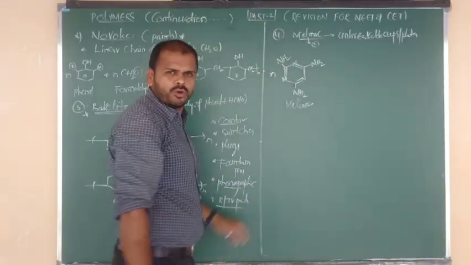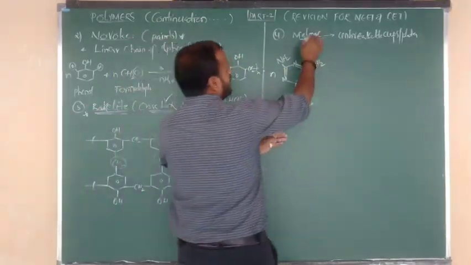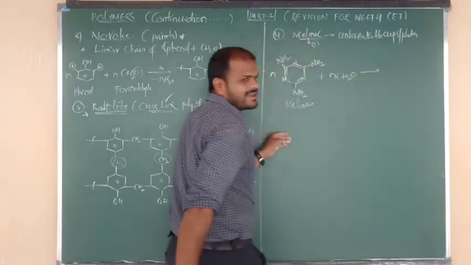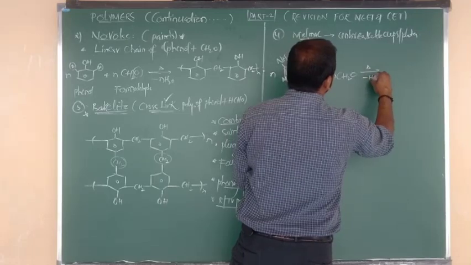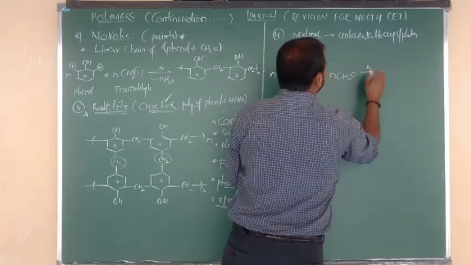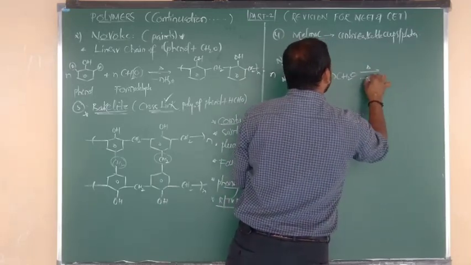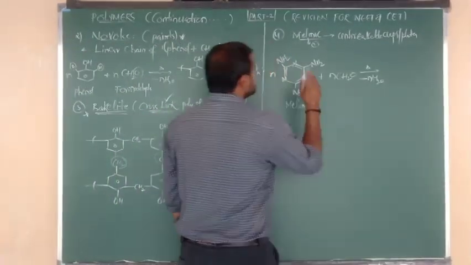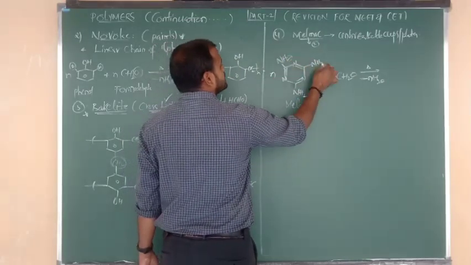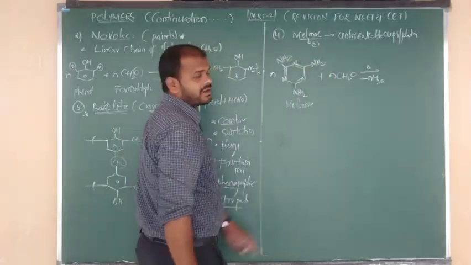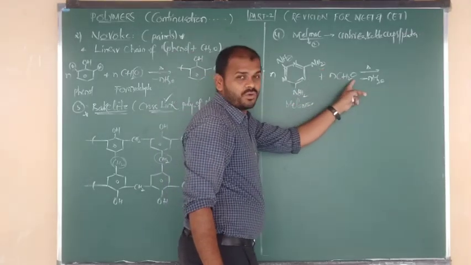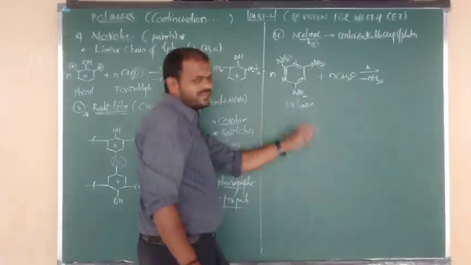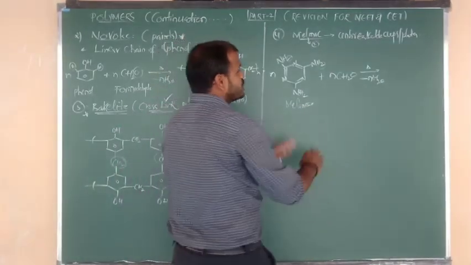N moles of melamine monomer undergo condensation with N moles of the other monomer, which is formaldehyde, beta. So simply upon heating, we lose N moles of water molecules. Because of this, the reaction is condensation. In condensation, definitely there will be elimination of water molecules, beta. Okay, good. So how to remove the water molecule? From here H, from here another H, like that we can remove. The 2 hydrogens combine with O in the form of H2O. Again here we can take another melamine with the help of this NH2. Okay? Yeah.